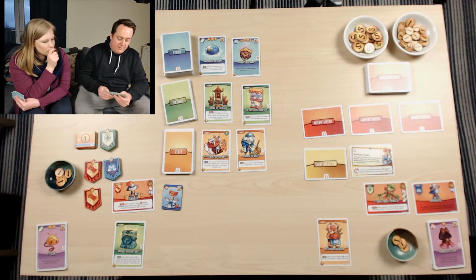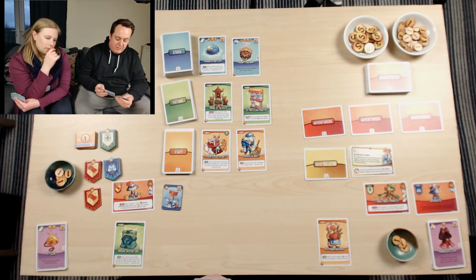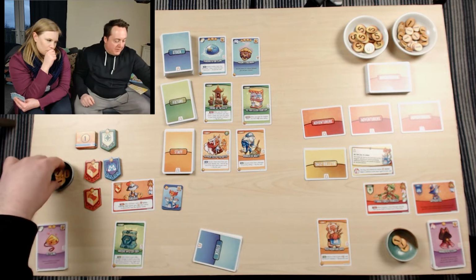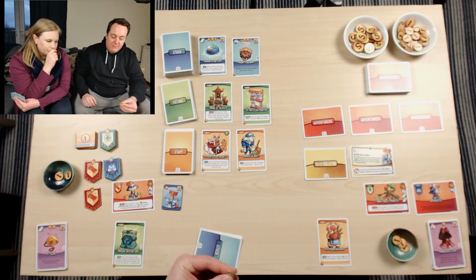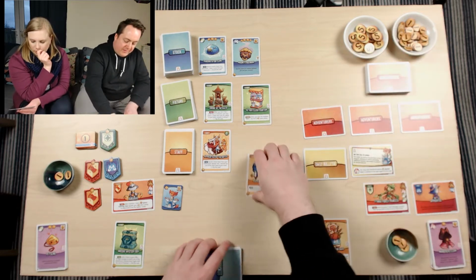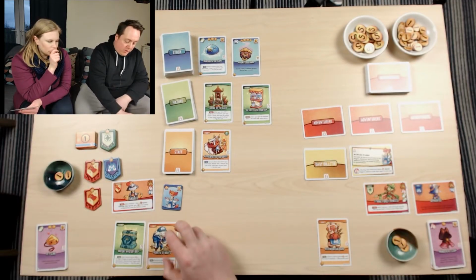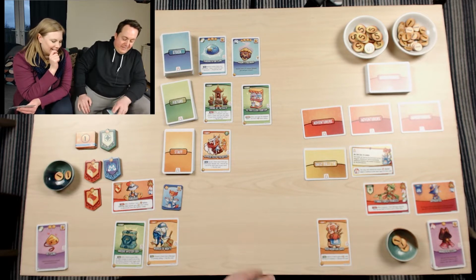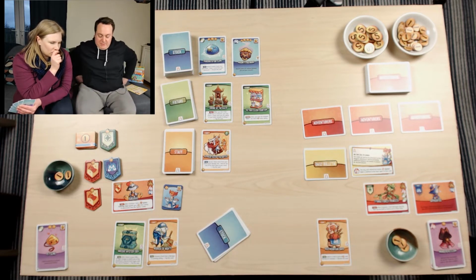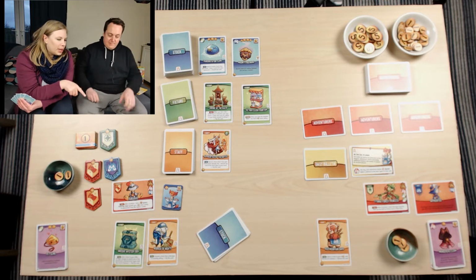Oh, this is real tricky. Really, really tricky. You know what I'm going to do then? I'm going to spend 3 to hire the Worker of Nights. So he's able to banish cards, which is quite nice. Okay, and then I'm going to buy...